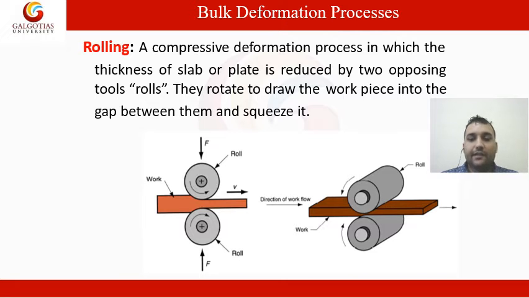Rolling is defined as the process in which the cross-sectional area of the metal is reduced by pressing the metal between circular or contoured rolls rotating in opposite directions. The roll rotates with a surface velocity which is higher than the speed of the incoming metal. Due to this excess speed, friction forces act between the rolls and the metal, which try to propel the metal